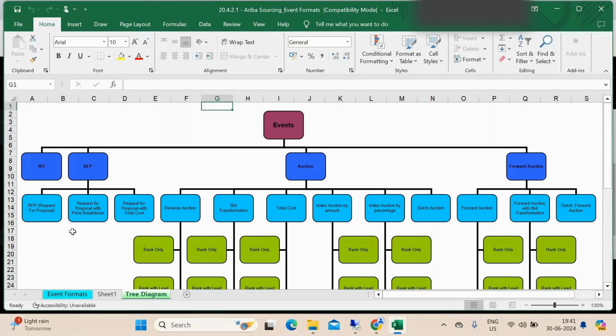That is called the technical evaluation, and the second is the commercial evaluation. Based on that technical and commercial evaluation, we will negotiate. We will analyze the supplier quotes and check what the suppliers responded to us. We will compare all the suppliers we have invited for that event. Those things we can do in this request for proposal. Here it is only a simple RFP. Request for proposal is nothing but price into quantity.